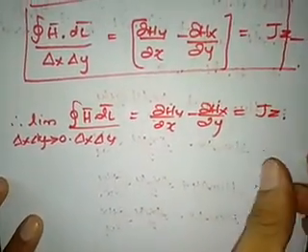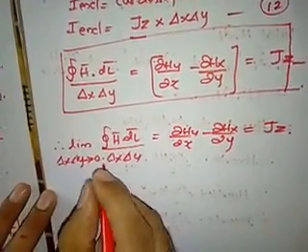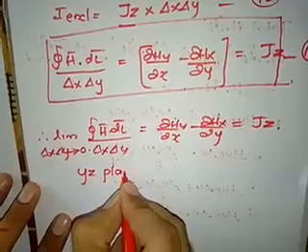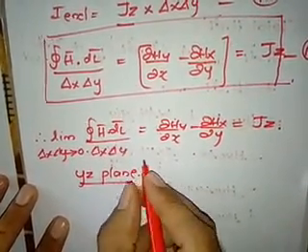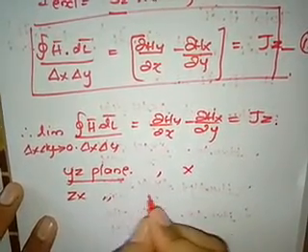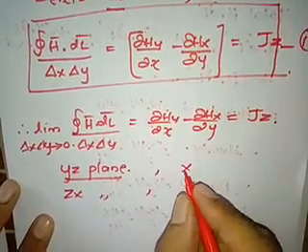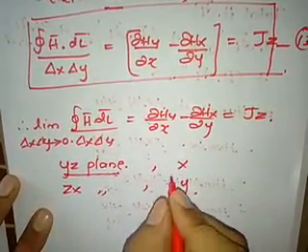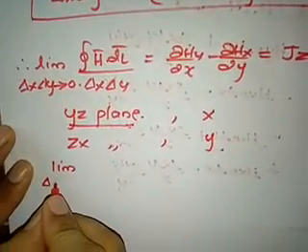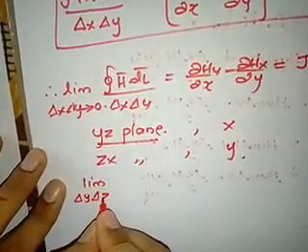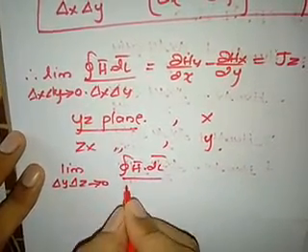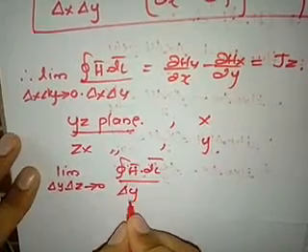If we consider the other paths, say the path in the yz plane, now we have considered the xy plane. If we consider the yz plane, then the current density will be normal, in the x direction. If we consider the zx plane, then the current will flow in the y direction, the perpendicular direction. So we can write, due to the cyclic property, the limit as delta y delta z tends to 0, right? Closed integral h bar dot dl bar divided by delta y delta z, as delta x delta y has come to the denominator.